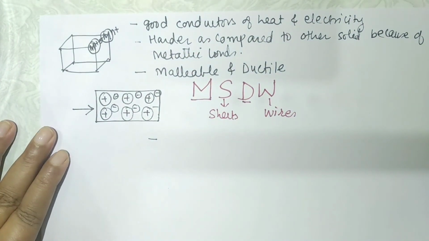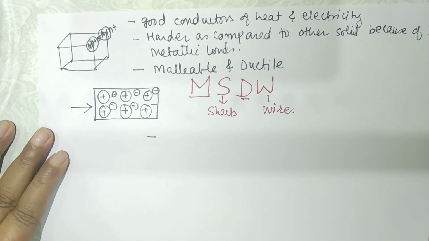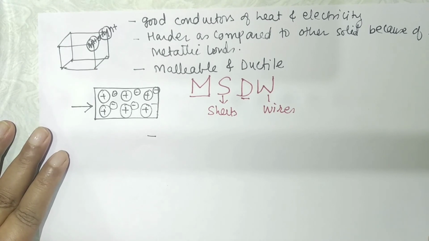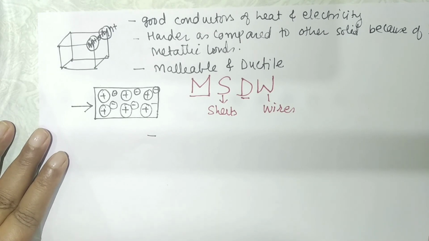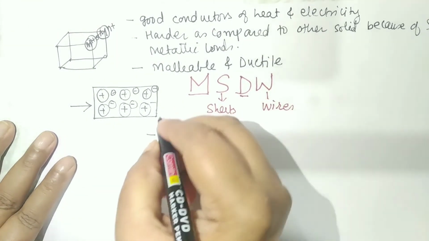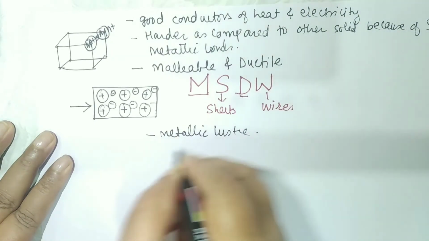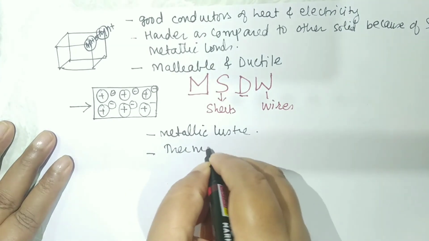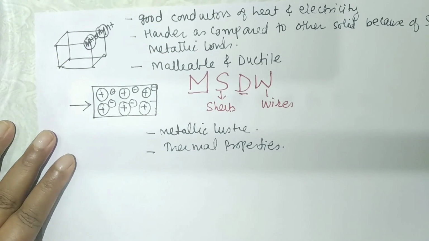Now, you know that they can be hammered or rolled into thin sheets of desired thickness, and they can be drawn into wires of required size. Alloys can be formed by fusing the mixture of metals. Now, you know that alloy shows all the properties of metals. Metallic solids also possess metallic luster, due to which the surface appears silvery, and so we say that they have metallic luster also. They have the thermal properties. So this is all about the mobile electrons, students.